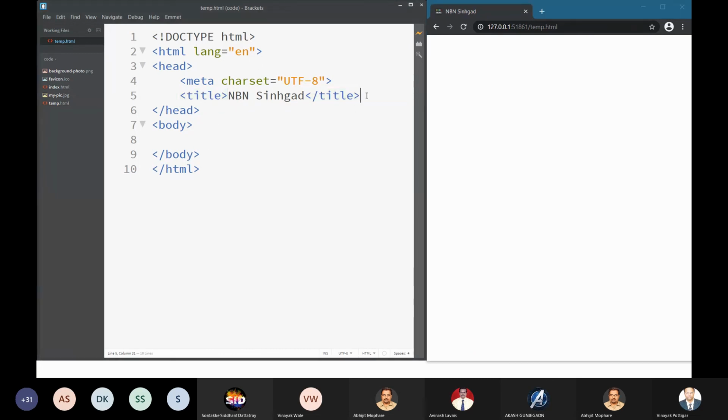And in addition to that, you have another tag called link, and this link tag is very, very useful, right? This link tag is a unit tag, that means it doesn't have any opening and closing.